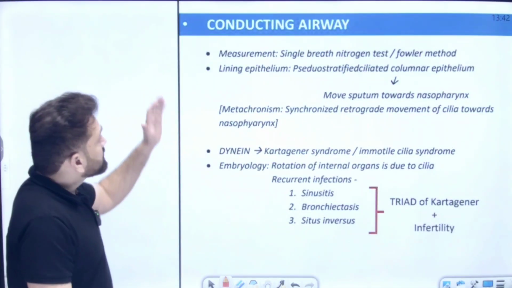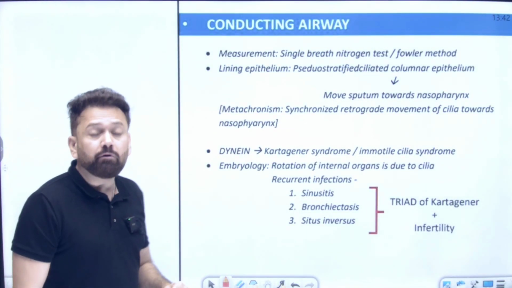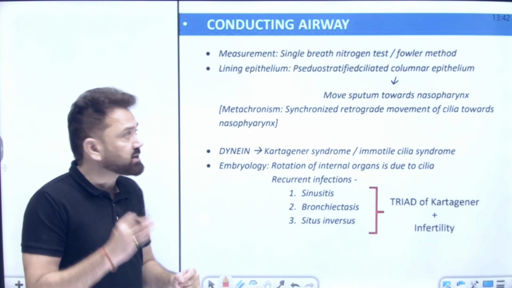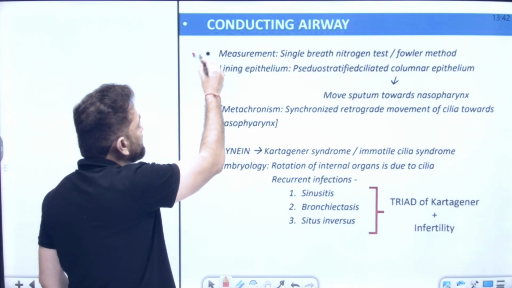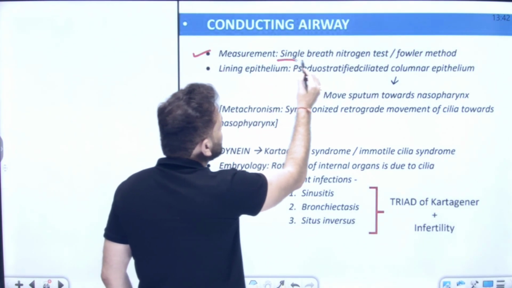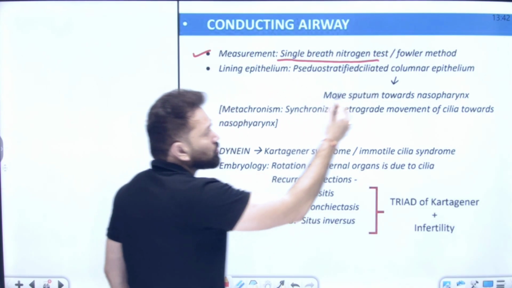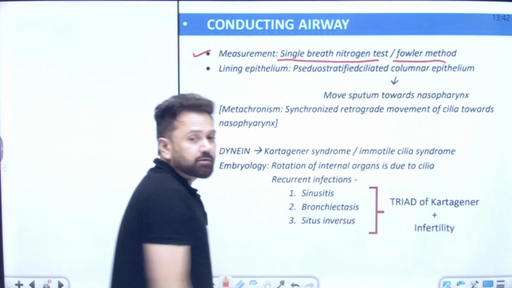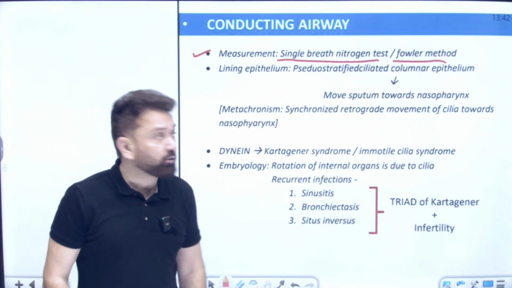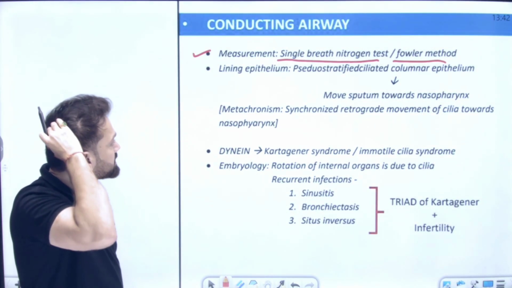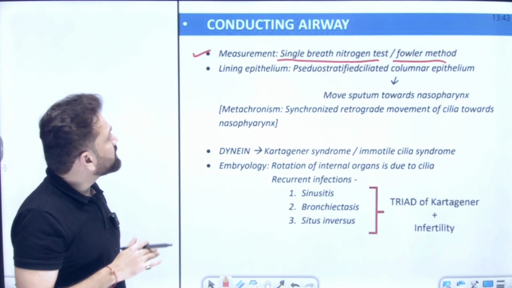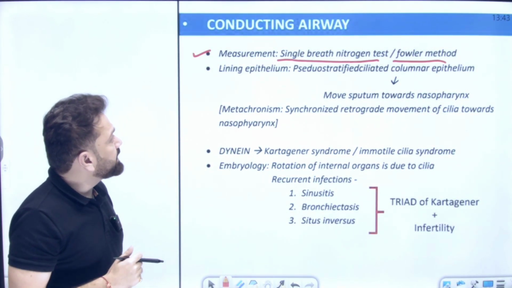Right? Conducting airway, how will you measure this anatomical dead space? The answer is, it can be measured by the single breath nitrogen test, also called the Fowler method. Okay, so single breath nitrogen test and Fowler method, this is important for measurement of the conducting airway, and